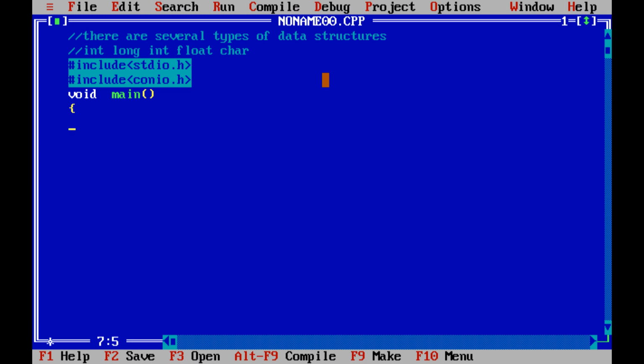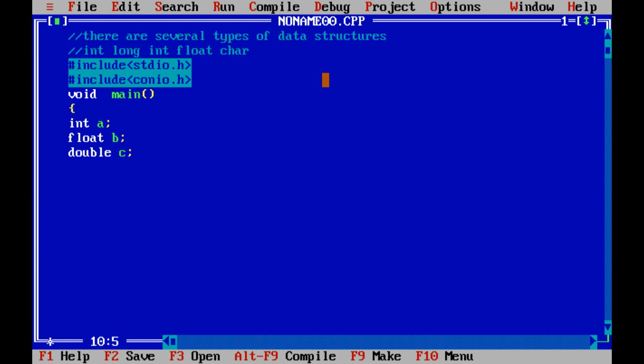Now the first thing we are going to learn today is about integer variables. If you want to enter integer values, the keyword for that is int, and you need to specify one variable. You can take anything. I'll take a. After integer values, if you want to store decimal values, you need to use float b. You can use anything. I am using b. Then comes double. If you want to store long decimal values, you need to use double. I am taking it c.